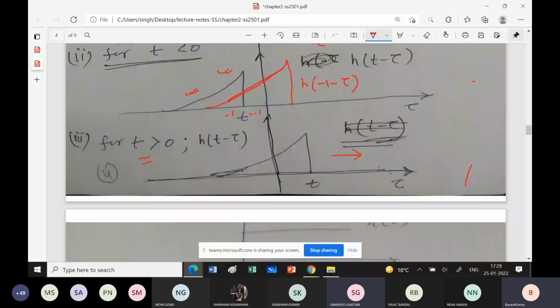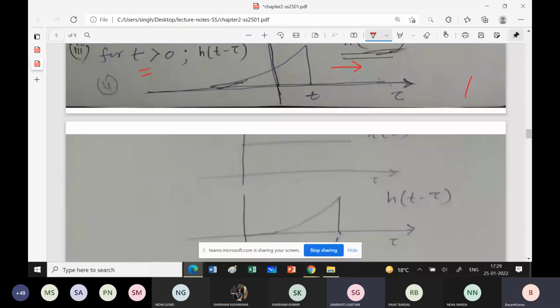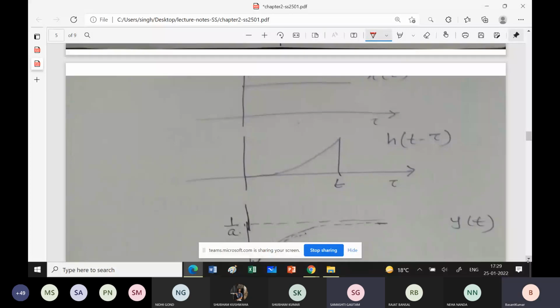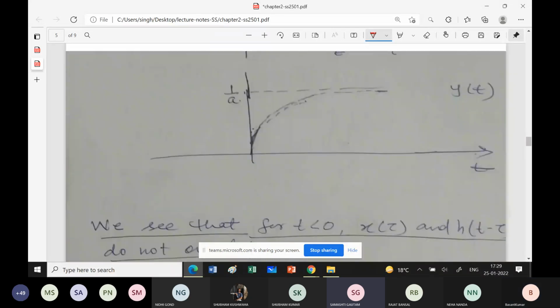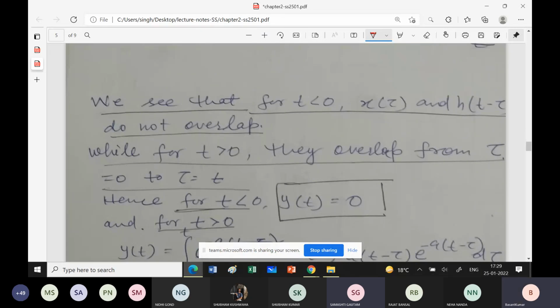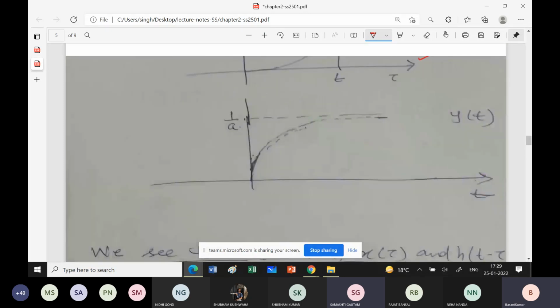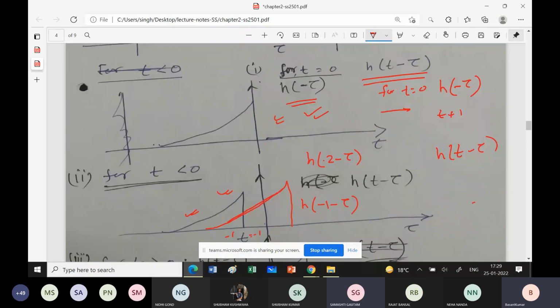ओके, उसके बाद तो अल्टीमेटली अगर आप ये देखोगे कि ये कट गया क्या हमारा भाई, सो दिस इज, आई थिंक दिस इज x टॉ, ये हमारा h t माइनस टॉ है, ठीक है, और अब हम क्या देखते हैं कि वी सी दैट फॉर t लेस देन 0, h टॉ, x टॉ एंड h t माइनस टॉ डू नॉट ओवरलैप।